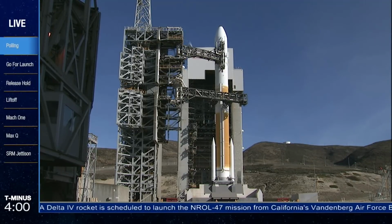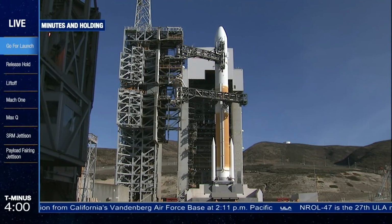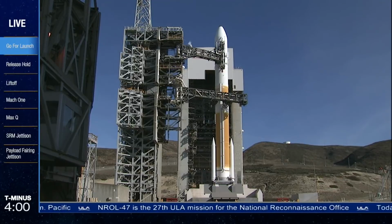Polling is complete, and the launch team has given the go for launch. From T-minus 4 minutes until launch, you will be listening to launch conductor Scott Barney and his team performing the final steps in the countdown procedure. At T-minus 4 minutes and counting, the team will enter the terminal count and will begin securing the second stage